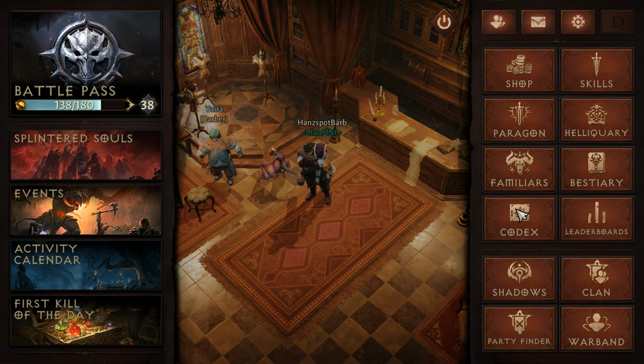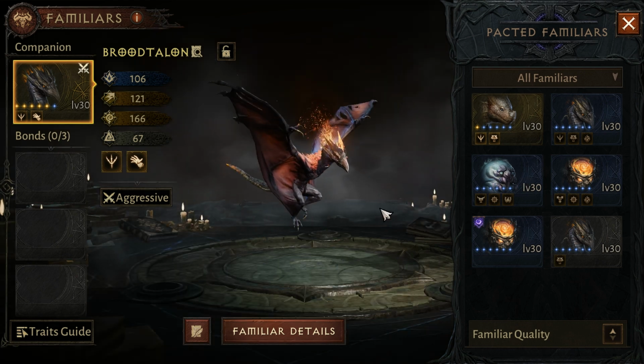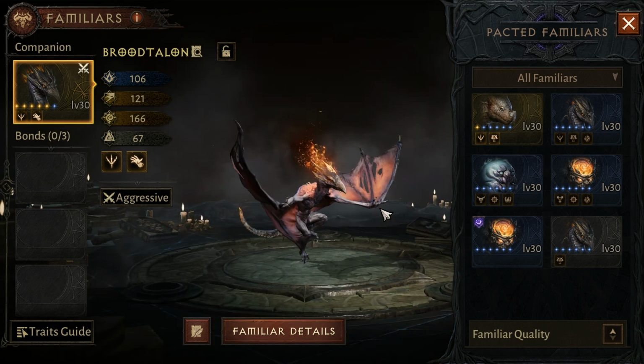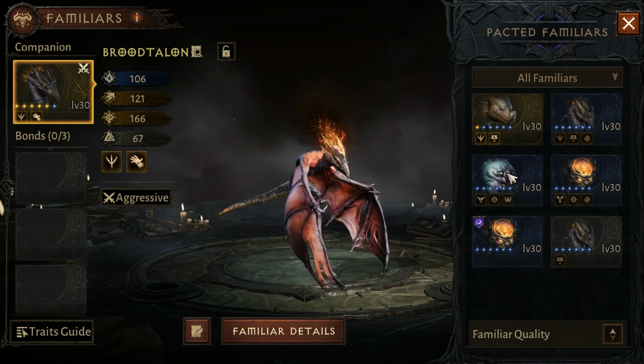What we're gonna do today is try to convert our familiars and take a chance to see if we can get a familiar with a legendary trait. Previously, what I always do with my familiars is meld them. Melding familiars